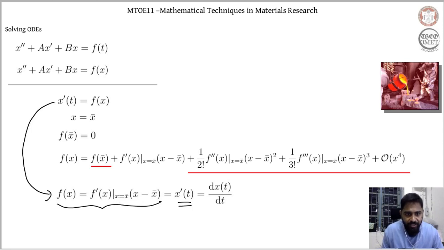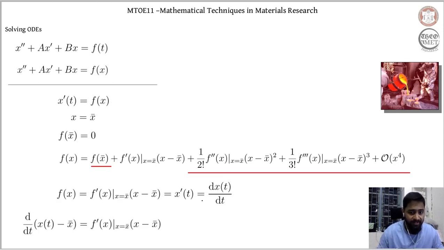expression here. When I substitute my f of x, the expanded version of it, or rather the curtailed expanded version, I know it's kind of a misnomer or oxymoron. When I curtail this Taylor series expansion and relate it to the f of x, I can further take this f of x, substitute it here, and bring in my momentum expression, and the momentum is nothing but change in position with respect to time. Now this expression I can rewrite as something like this.